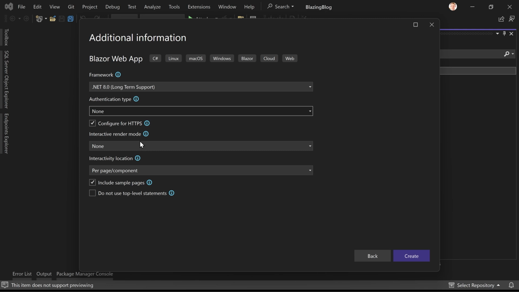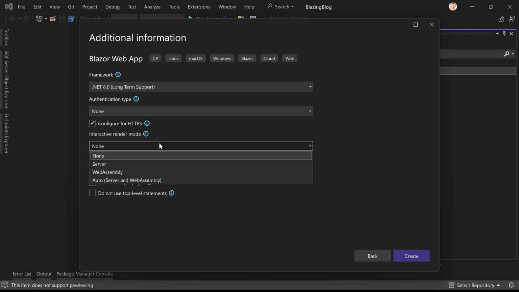And now comes the interactive render mode. Again, I talked about that a lot already, but here you see 4 choices. None is the one that we will choose here at the beginning. You might be wondering, why is that? When you used Blazor before, or you just heard about Blazor, then maybe you heard a lot about Blazor Server and in particular Blazor WebAssembly, using WebAssembly and so on. This is the great stuff of Blazor. Yes, totally true. I'm totally with you. You're absolutely right. In particular, Blazor WebAssembly is something that I learned to love a lot, but with .NET 8,